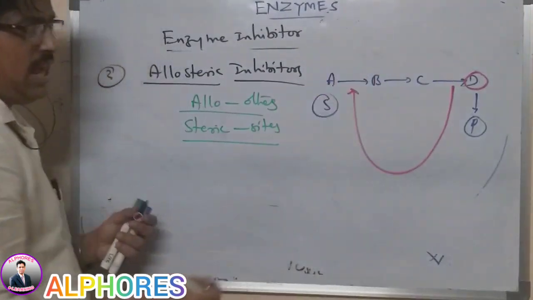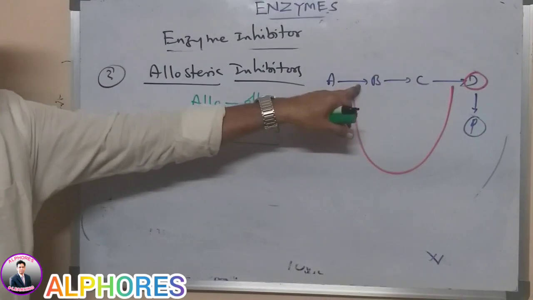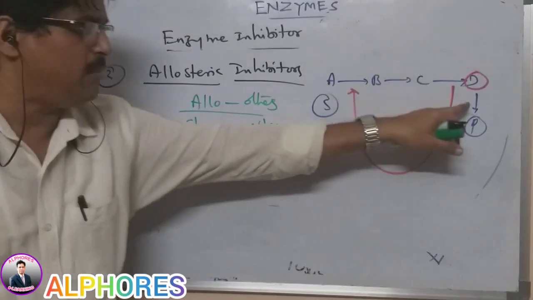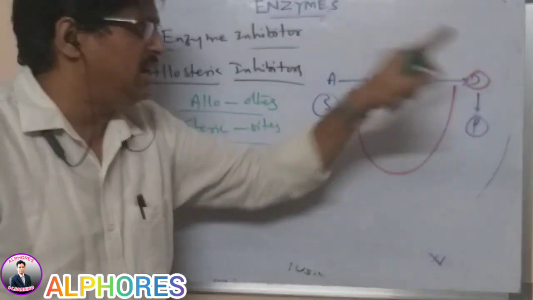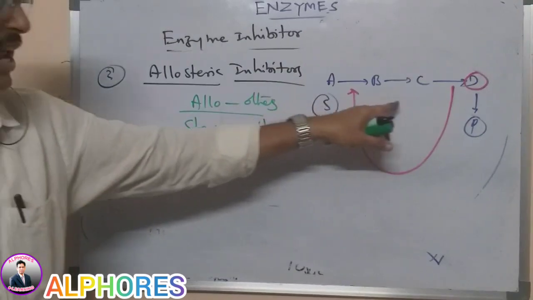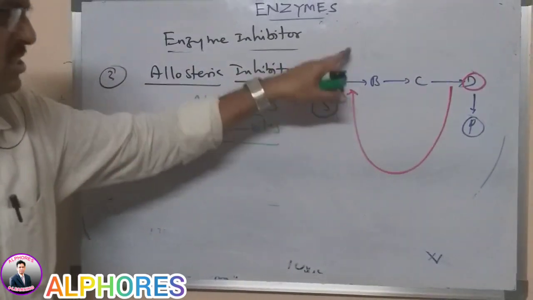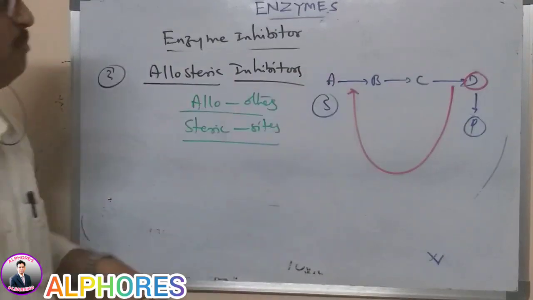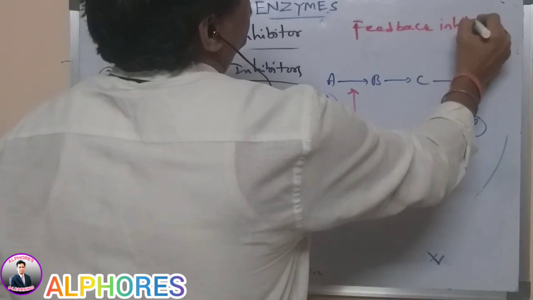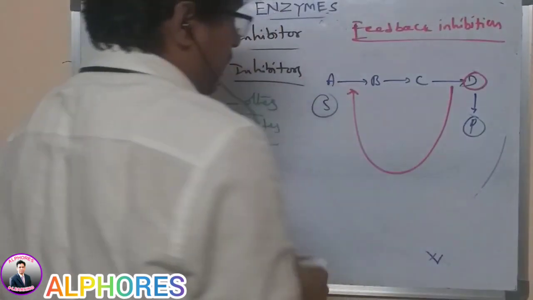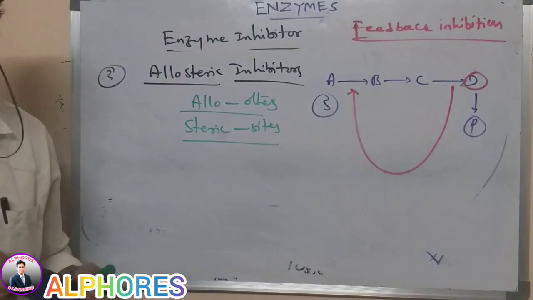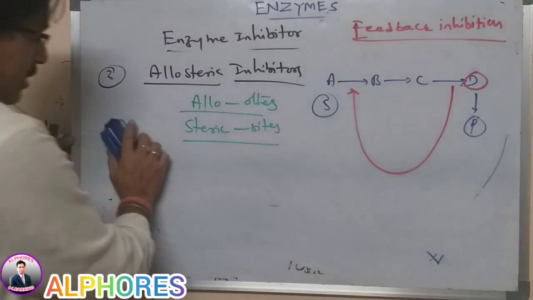So the end product stops the enzyme which is converting A to B. The product comes out step by step, through B, through C, then D. But as a result of this feedback, this is also called feedback inhibition. It is also what we call feedback inhibition. In this manner, the enzymes are prevented from continuing the process. Let us take for example the glucose molecule.